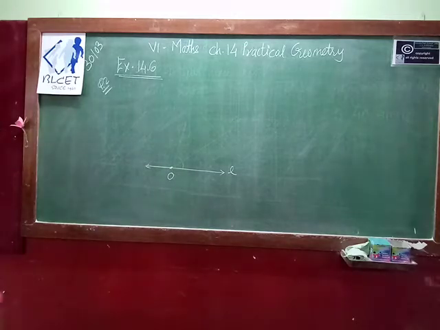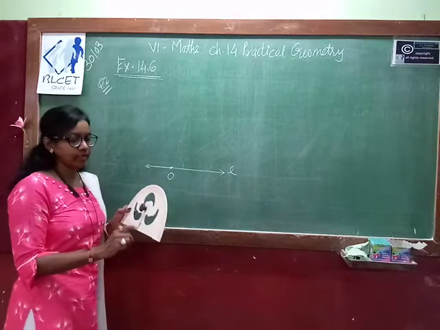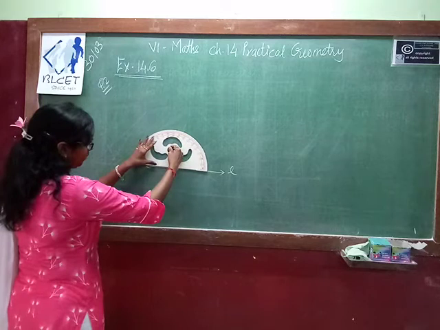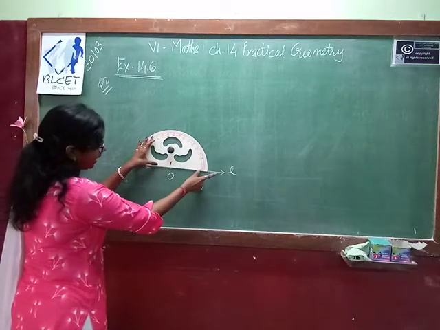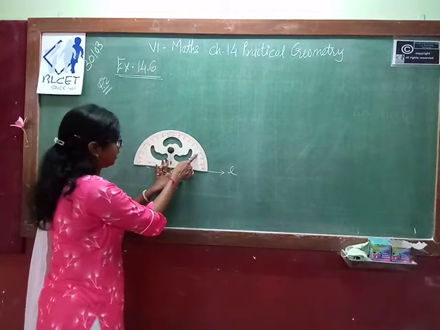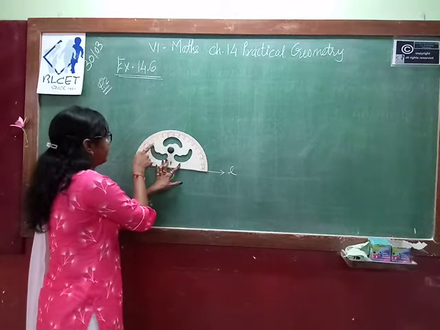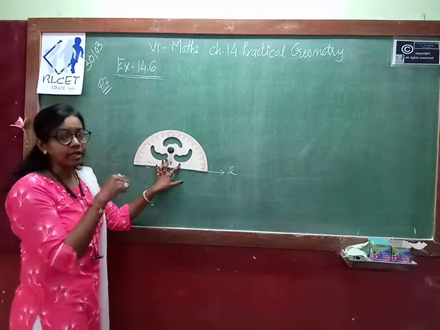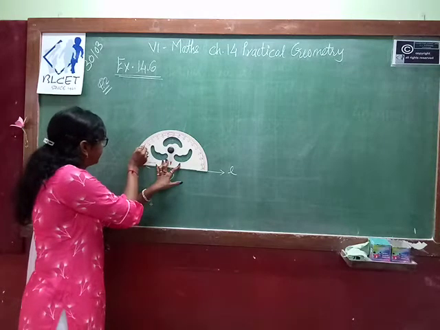Put a point O. Now with the help of this protractor, this point should be your midpoint that coincides with this arrow. Now 147, where is the arrow? There you have to count from 0. So 0, 10, 20, 30, 40, 50, 60, 70, 80, 90, 100, 110, 120, 130, 140. After 140 we have to count 7 divisions, that is your 147. So it is here.